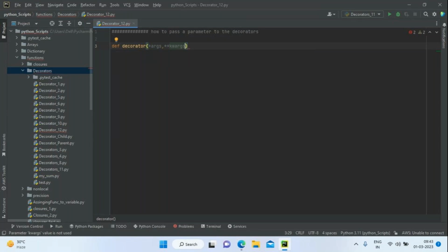You can give any name, like underscore 2, underscore 1. You can give any name. But if you are using double asterisk, it's going to be keyword arguments. If you are using single asterisk, it's going to be non-keyword arguments. Okay, fine. Now I'm going to have one print function